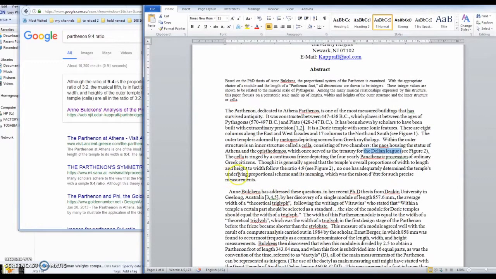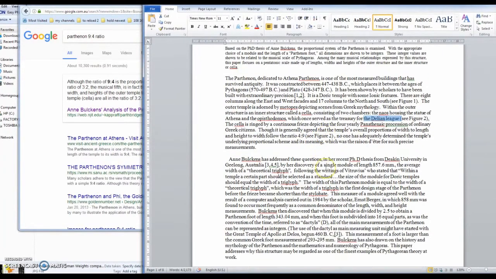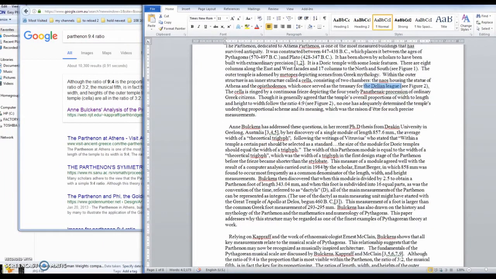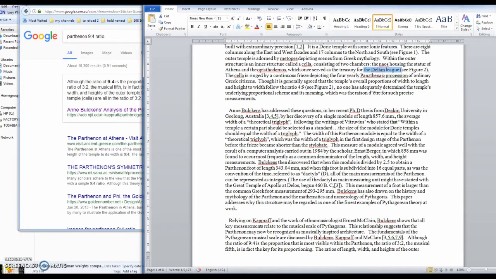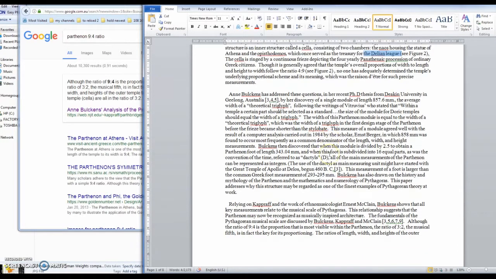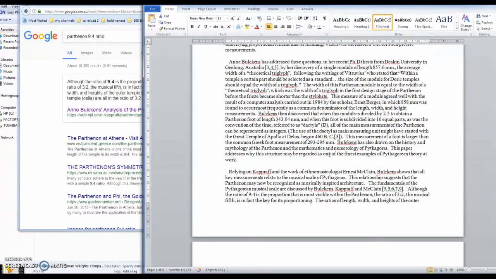And then she goes into how the width and length and proportion of height to width is this 4:9 ratio, which was mentioned in the video I posted yesterday, Secrets of the Parthenon. But also very, very interesting, because I've seen it, I have to pull up the Paestum complex of temples, for instance, in Italy, one of the Greek colonies there, the use of Pythagorean triangles in the format. It's something I remember looking at a long time ago. Pythagorean triangles, Paestum complex, if you're interested in doing a search.